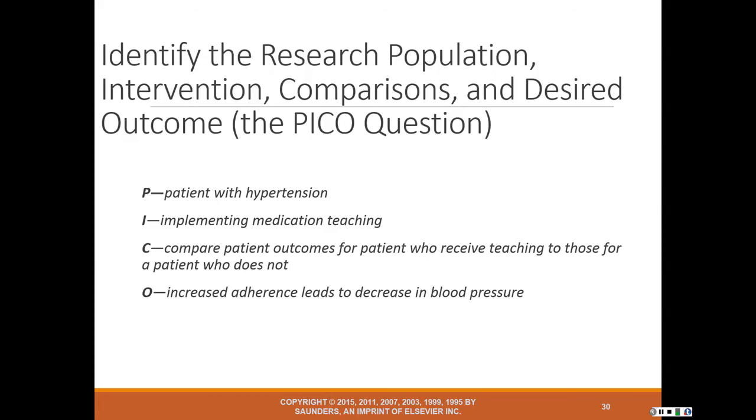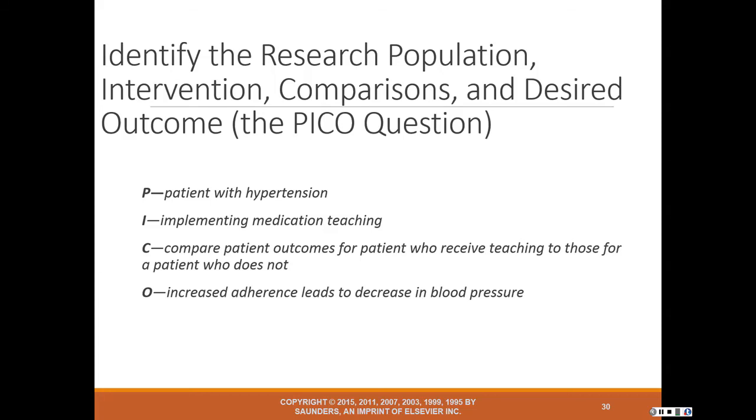Have you heard of the PICO? P-I-C-O. Okay, identify the research population, P. I is intervention, C is comparison, and O is desired outcome. In this case, the P would be a patient with hypertension, I would be implementing medication teaching, C would be to compare patient outcomes for the patient who received teaching to those who did not, and O, increased adherence leads to a decrease in blood pressure. Okay,